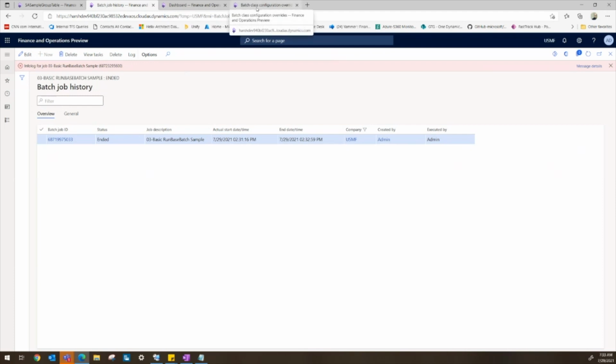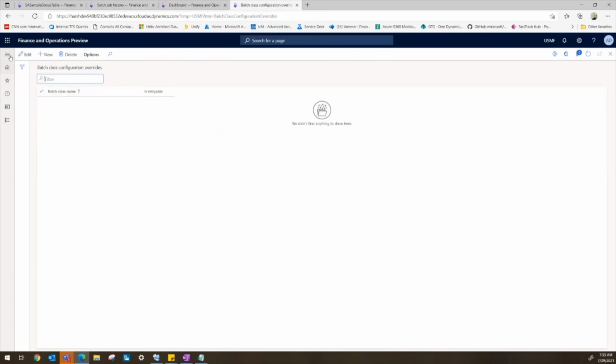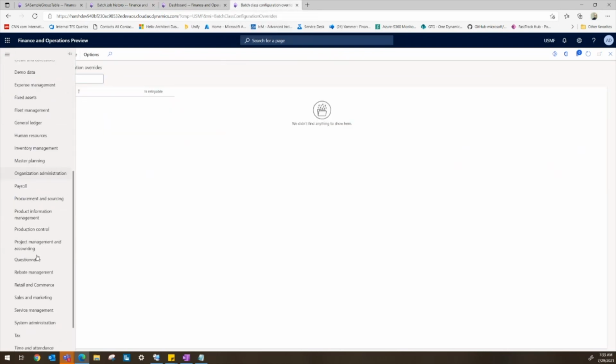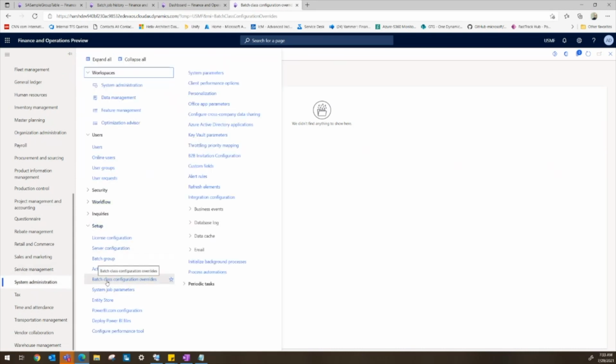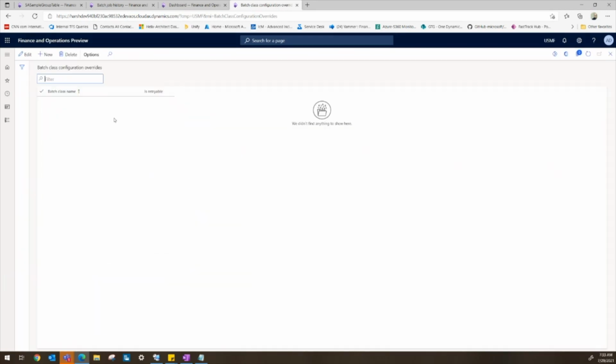Now, the third scenario is how to use the batch class override configuration. In system admin, you will notice that a batch class configuration override setup is now available. My batch class is marked for retry because we have implemented the interface and overridden the method.